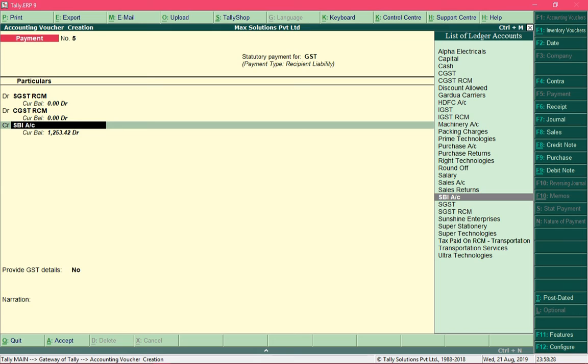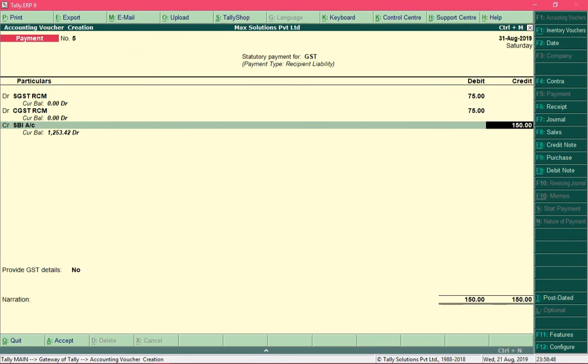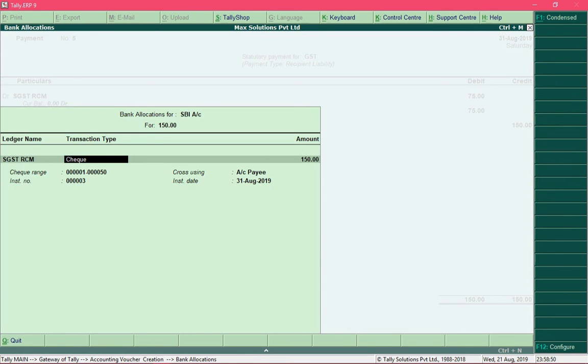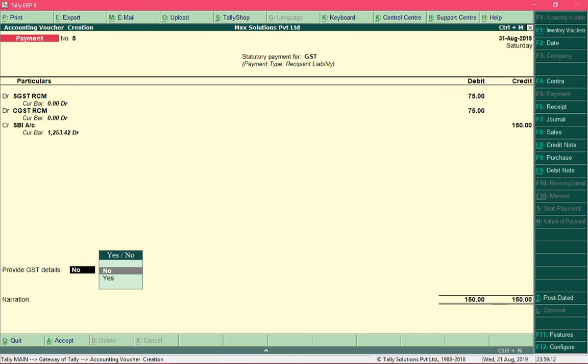So why I am debiting SGST under RCM and CGST under RCM is because we know that debit decreases liability, so I reduce my liability by paying the amount from my bank account and specify the details for bank allocation that I am making this payment through e-fund transfer and save the entry.